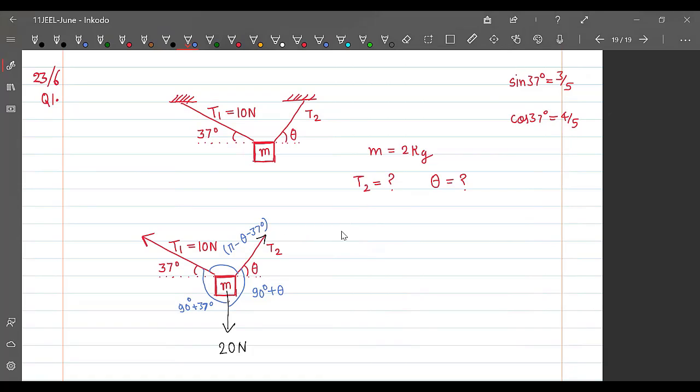मुझे लगता नहीं सारे एंगल्स की जरूरत पड़ेगी। लेट अस राइट इट डाउन नाउ। सो T1 डिवाइडेड बाय इसके ऑपोजिट वाला एंगल, दैट इज 90 प्लस थीटा। सो T1 डिवाइडेड बाय sin(90 डिग्री प्लस थीटा), दैट इज इक्वल टू 20 न्यूटन के ऑपोजिट वाला एंगल है ये, sin(पाई माइनस थीटा माइनस 37), sin(पाई माइनस थीटा प्लस 37)। और तीसरा वाला दैट इज T2 डिवाइडेड बाय ऑपोजिट वाला एंगल क्या है, 90 प्लस 37। सो साइन ऑफ 90 प्लस 37।